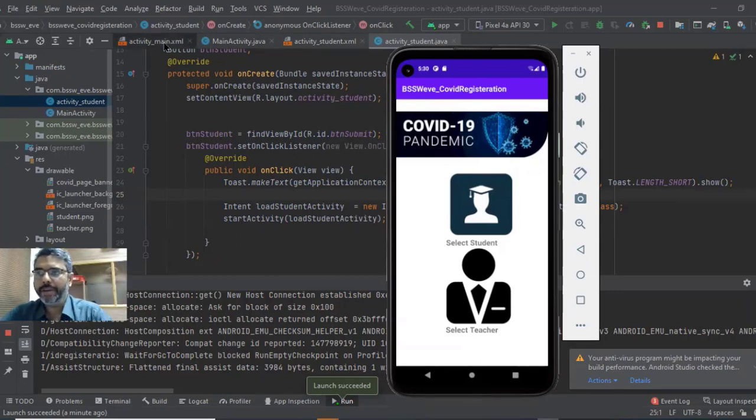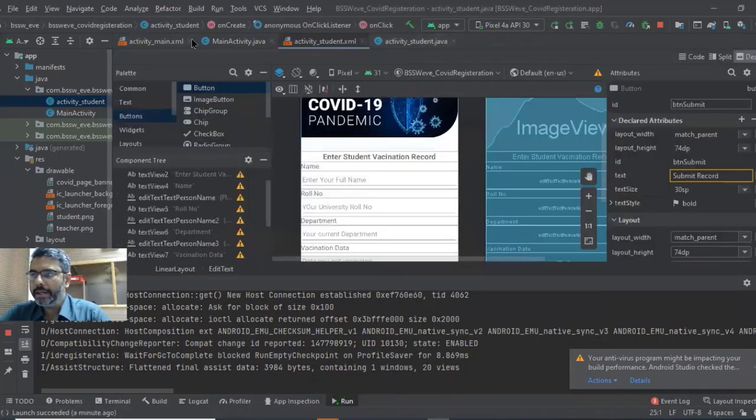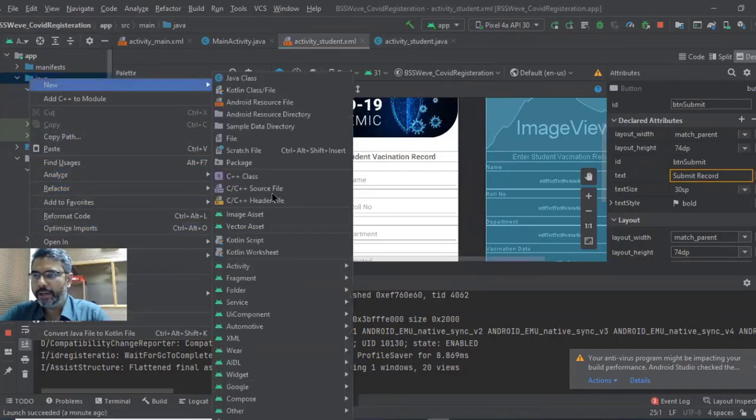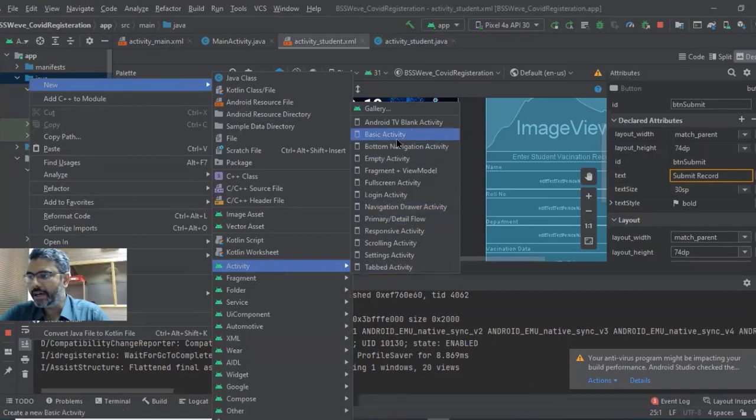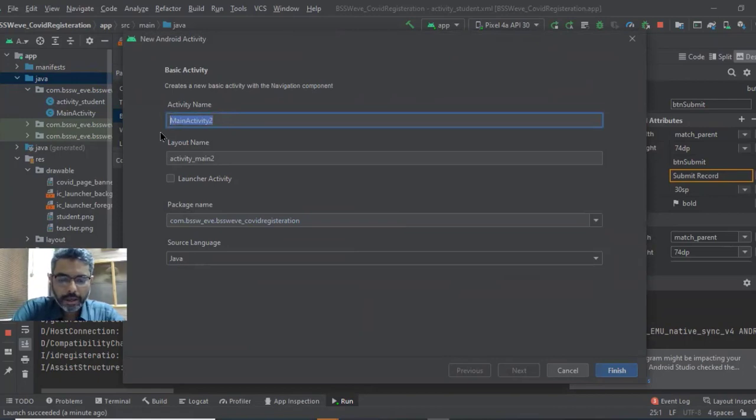ठीक है, एक और हरकत इसमें वेरी क्विकली करते हैं, हमारे पास 4 मिनट बचते हैं। I can do the same thing. Let me create file. Let's just go into Java, right click and go inside new activity and let's just create a new basic activity. ठीक है, इसको हमने नाम दे दिया activity_thank_you। ऐसे ही दिल कर रहा है, थैंक यू कर दिया हमने। ठीक है, फिनिश कर दिया।